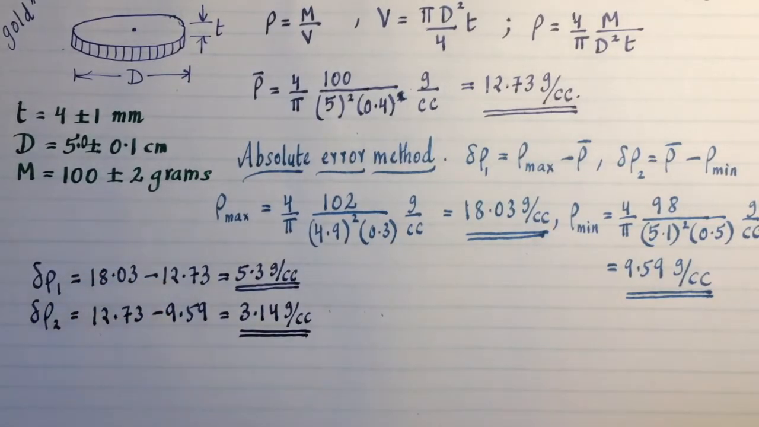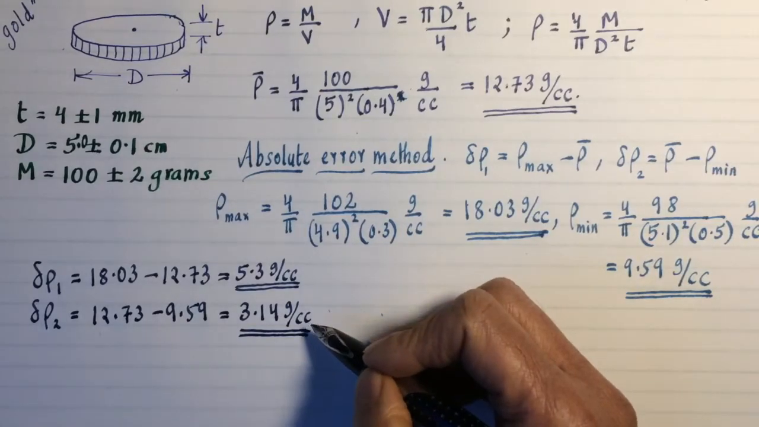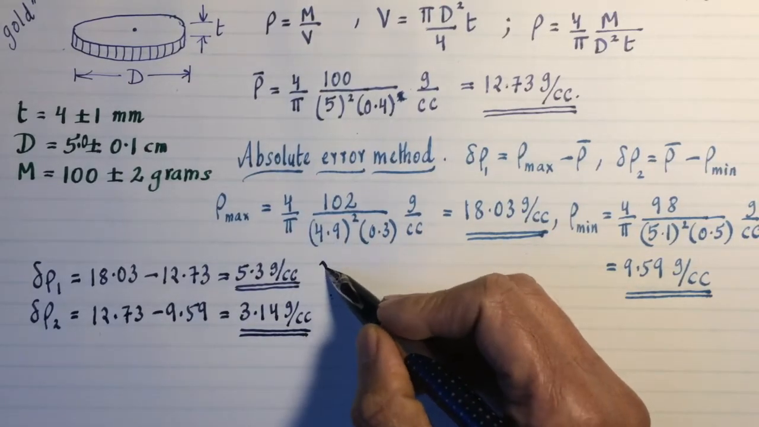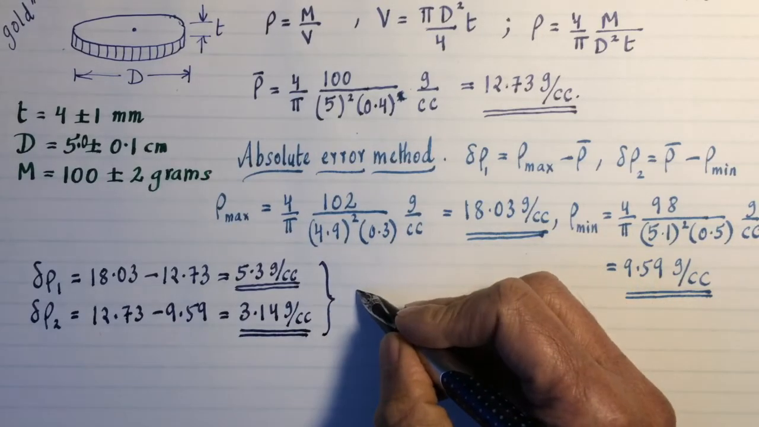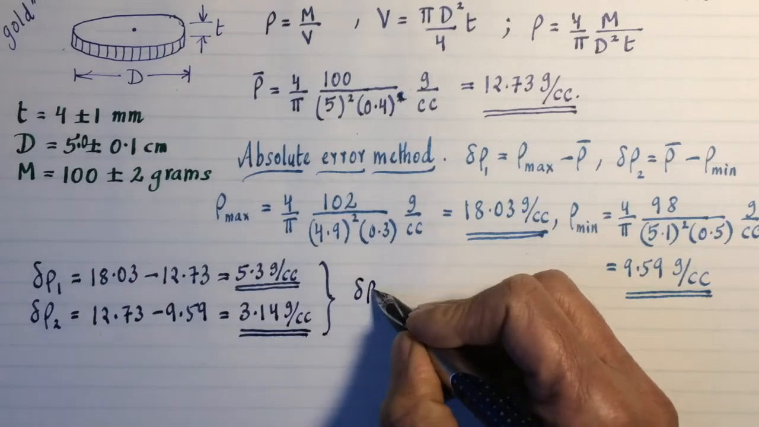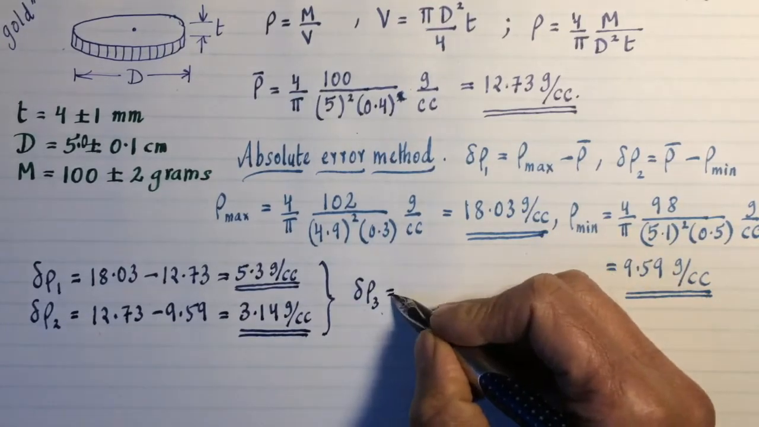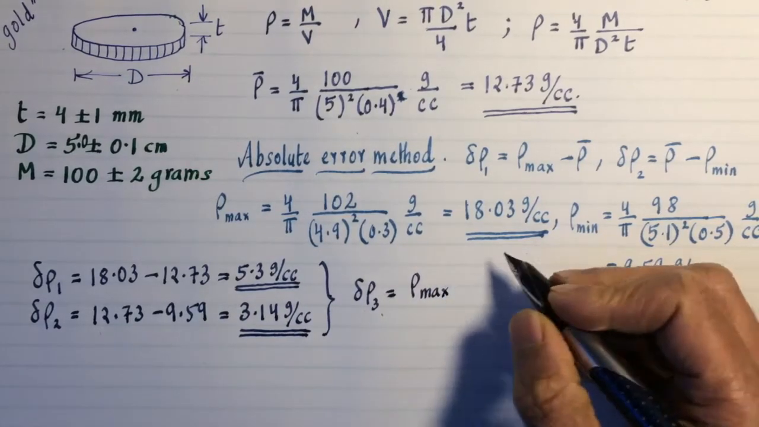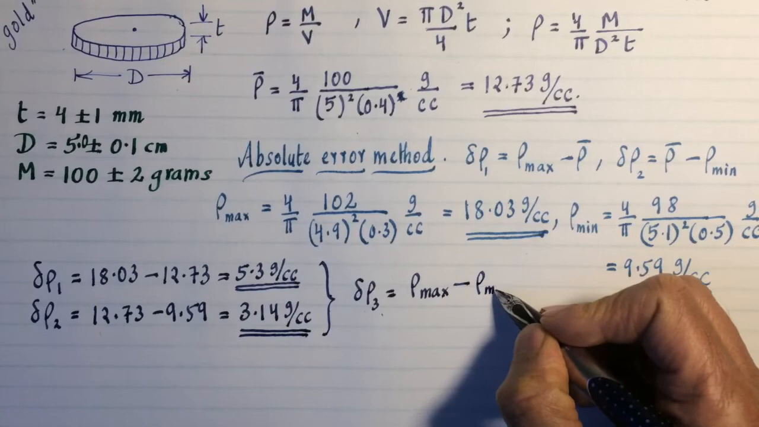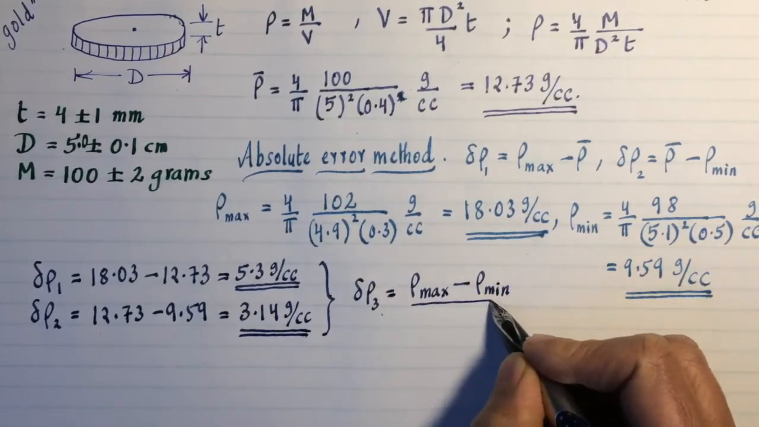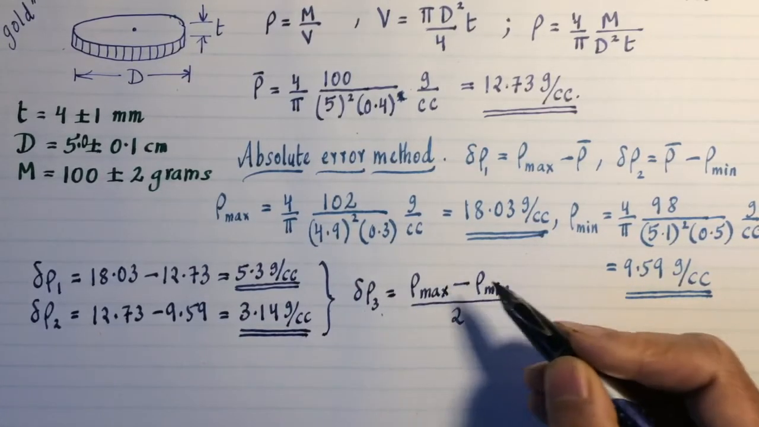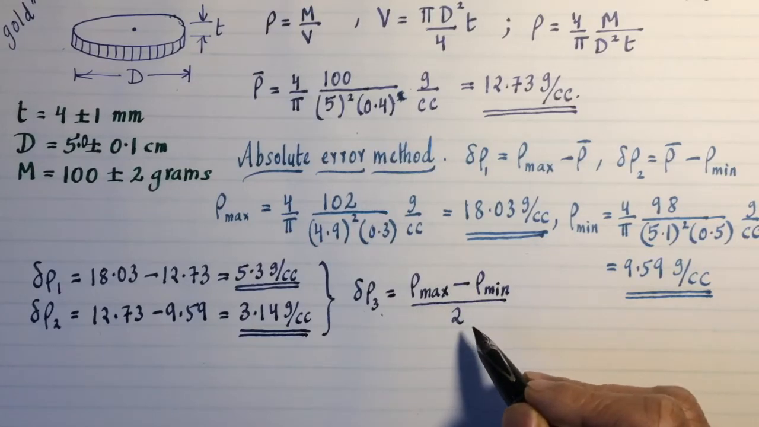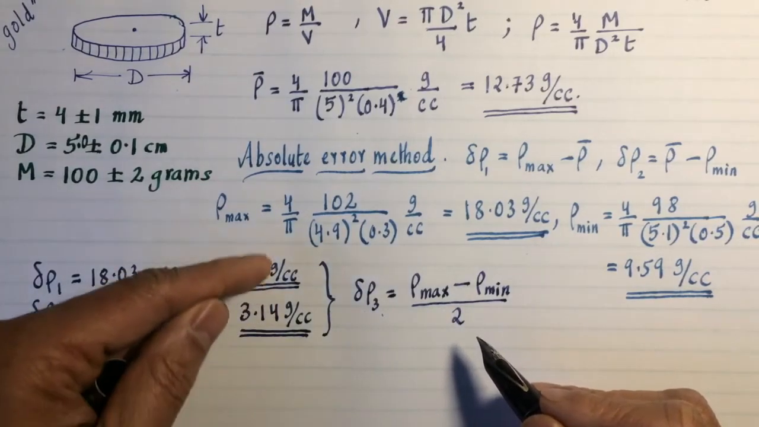So which do you trust? There's no real way to think about that. You can take the average of these two if you wish. The average value of these two is the same as taking another formula, which I'll call delta rho 3, and that's going to be rho max minus rho min divided by 2. You can observe that doing rho max minus rho min and dividing by 2 gives you the same result as averaging these two,